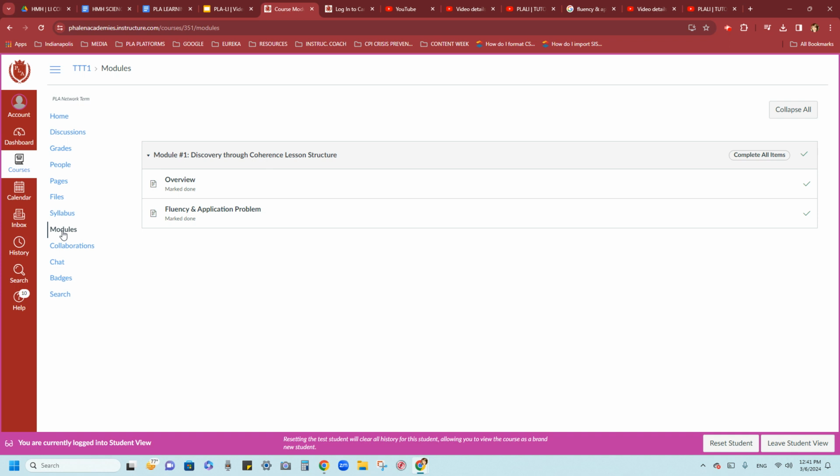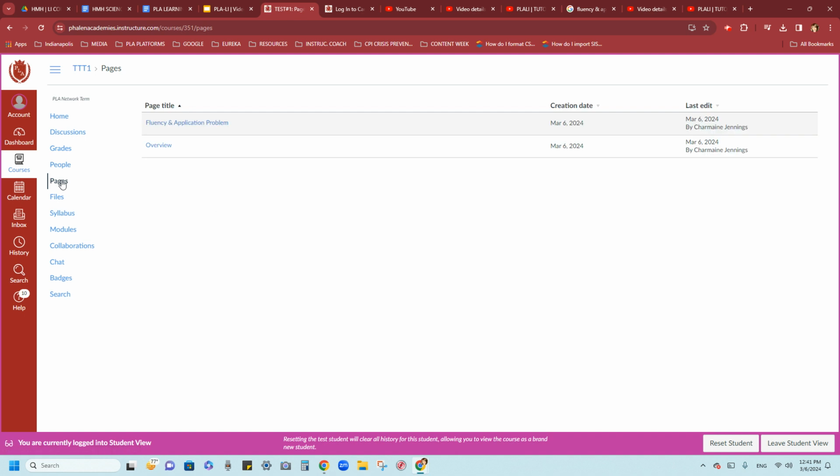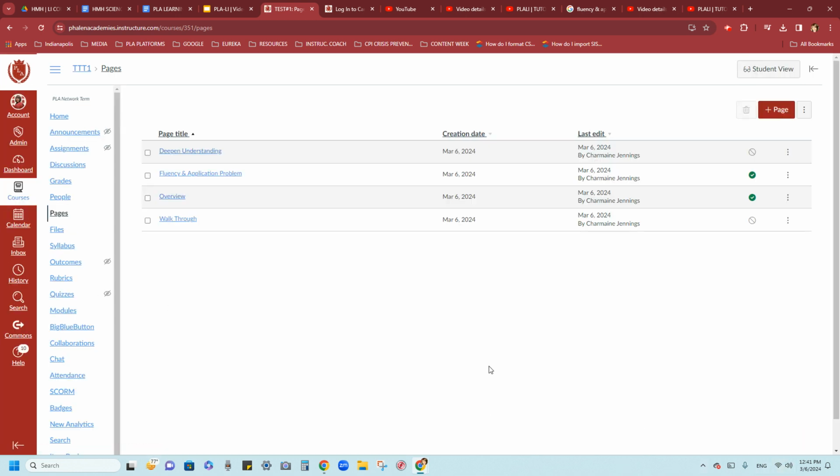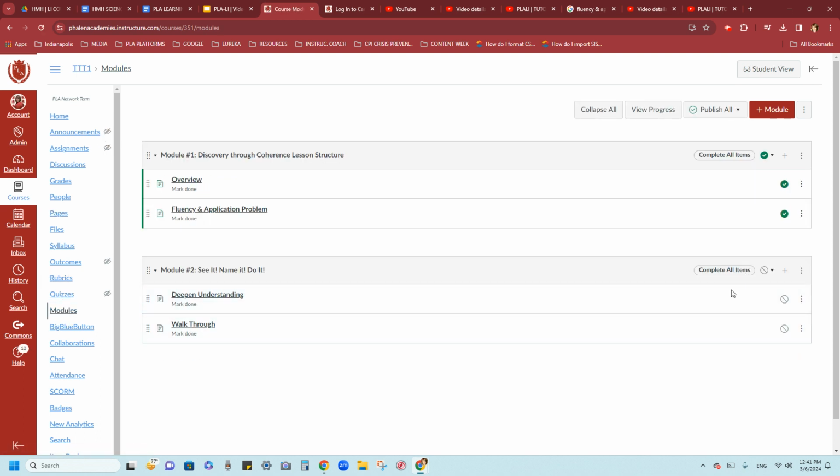Right. So they've done that. And so this is the student view, and it's very important. When they click on pages, you can see what they can see. And so far, this is all they can see because these are the only 2 things published right now. Okay. So I'm going to leave student view because we haven't published anything else. So in module 2, it's not published yet. That's why our scholars can't see it. Okay. And so eventually, if module 2 was published, then it would have taken them right to module 2 to